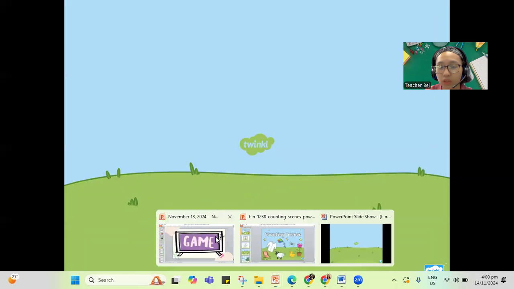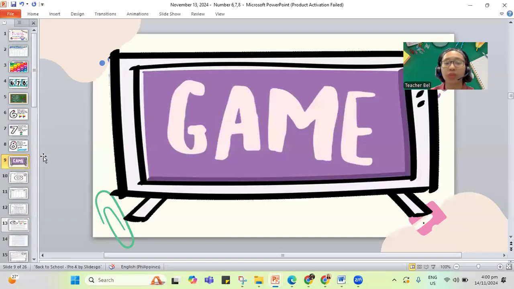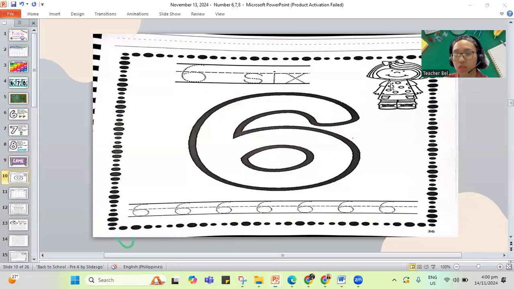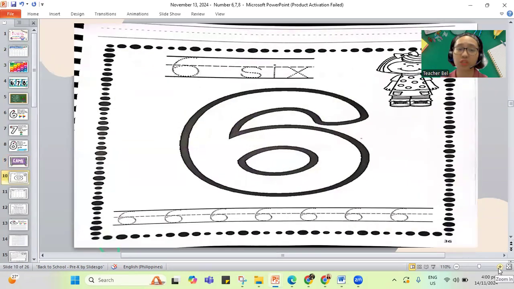Let's go back to the next part of our class. We did already our counting game. Now, how about let's work on our worksheet? So let's do our number sense work and let's go do our number six. So I have here our number six work. And before I start with working on the screen, I want you to please write your name on all the pages of your book there. We will start with the number six worksheet up to the number seven worksheet.